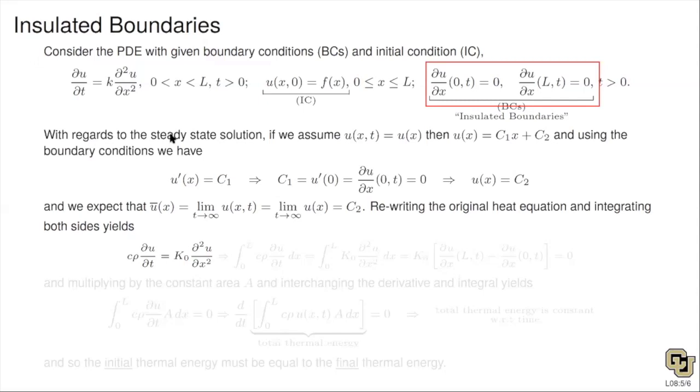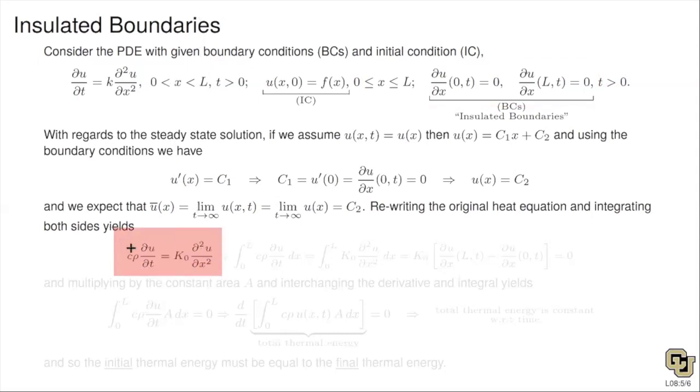So, rewriting the original equation. Here's the original heat equation with the heat capacity term, the density term, and the k sub 0 term from Fourier's law. What we could do is divide k sub 0 by c and rho and rewrite that as a little k. Here, I don't want to do that because I still want to physically interpret what's happening. At some point I'm going to multiply everything by an area and go back to talk about heat energy. So, starting with the original heat equation,